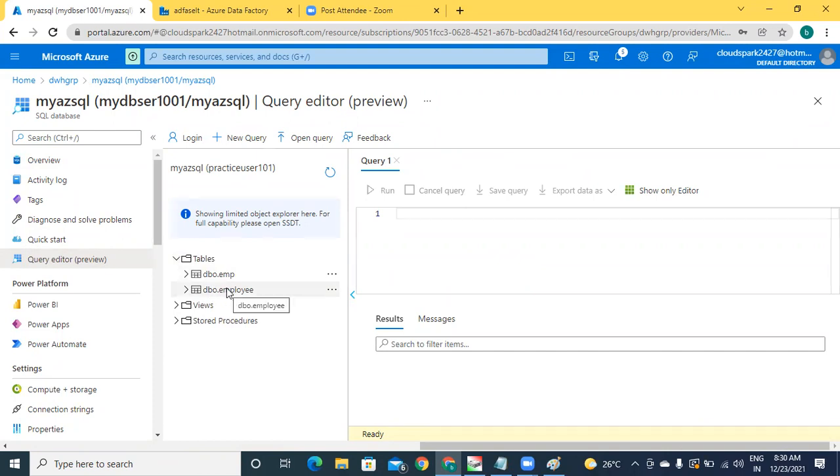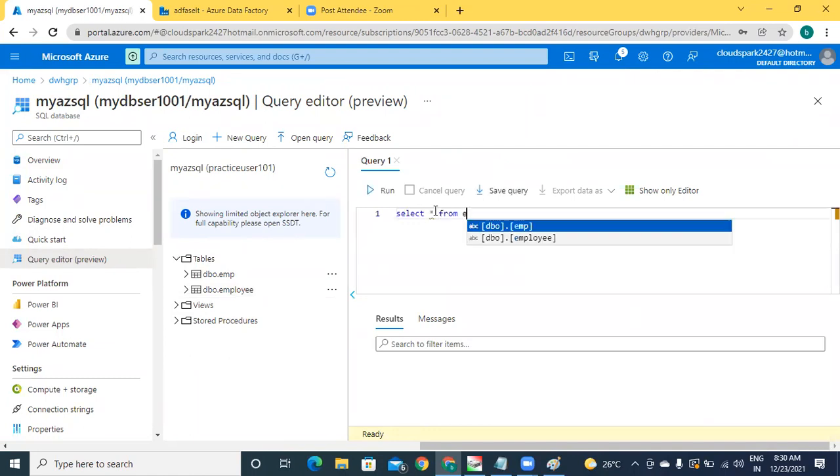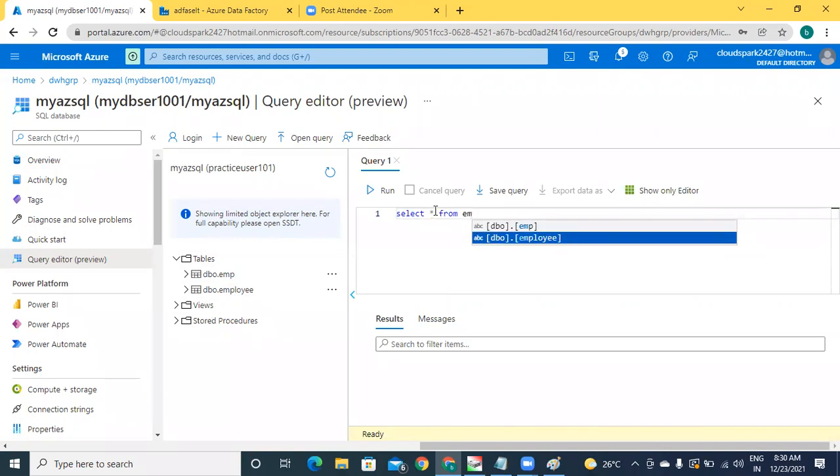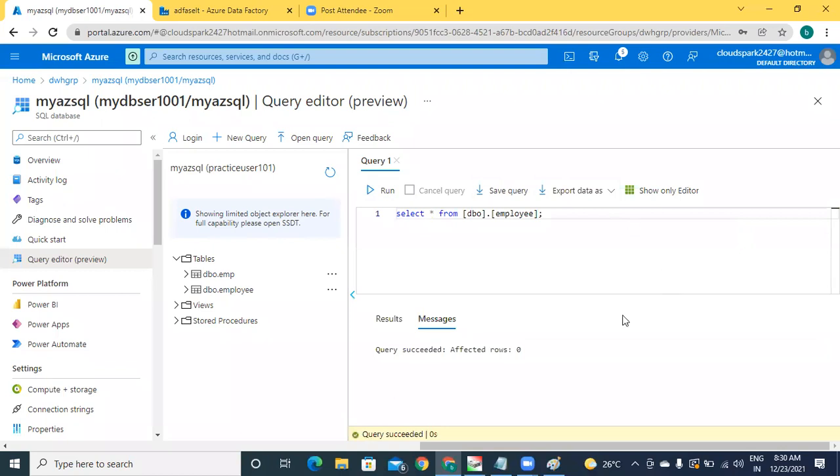In the last class we have worked with the employee table. Select data from it. Select star from employee. I don't have data because already have uploaded, even though I have deleted them. Just while testing, apply the statement.